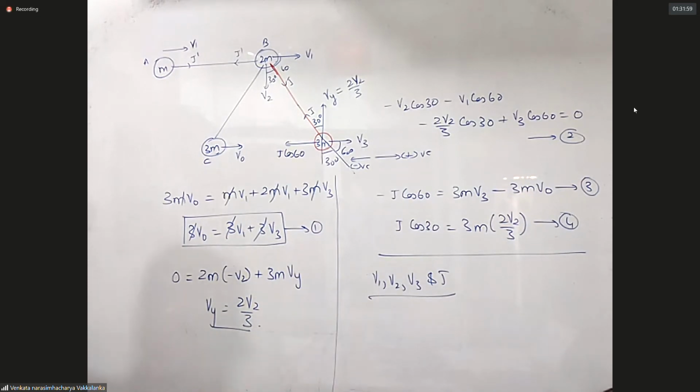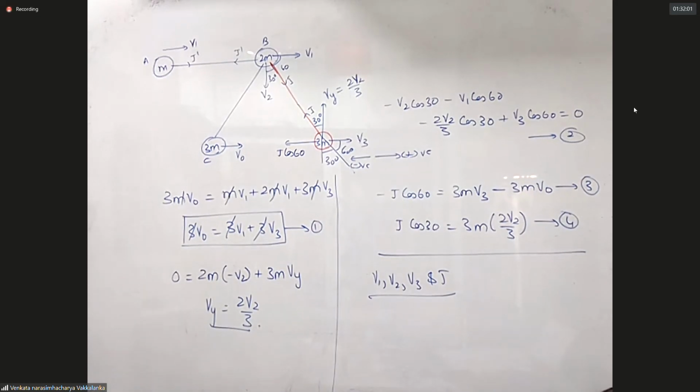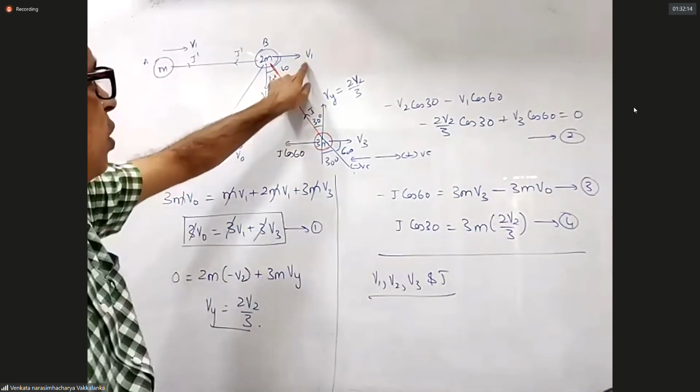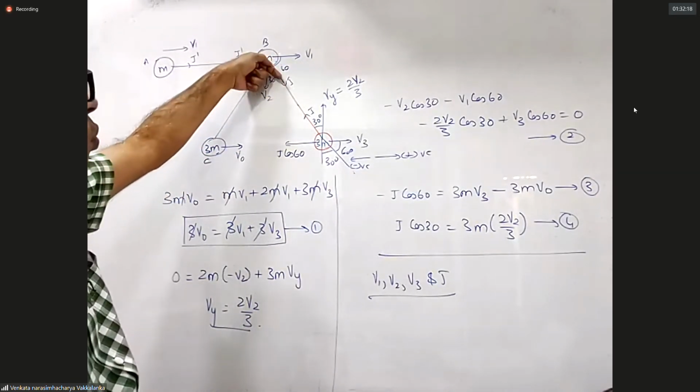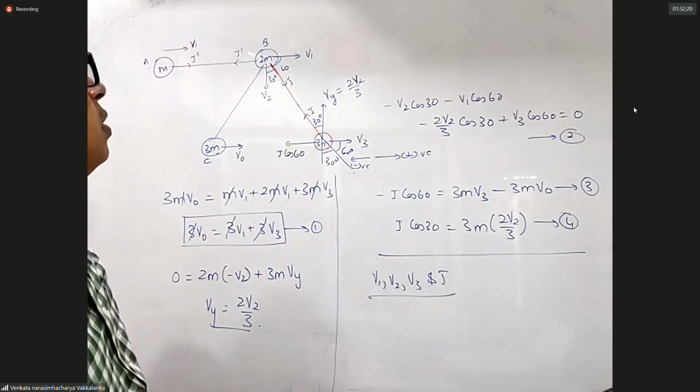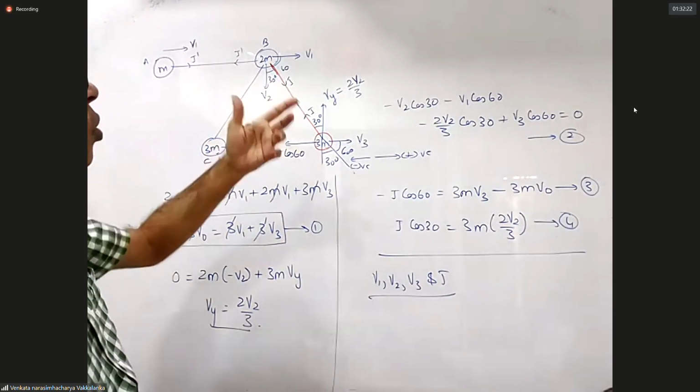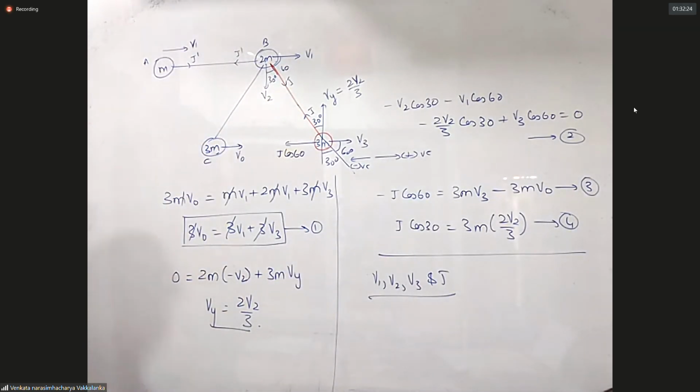At the impulse, ball B will have only velocity along x, like horizontal, or both the directions? Why, sir? This J will have a horizontal and vertical component, so I'll have V1 and V2. J has both of those. Why should I neglect this J cos 30? Okay, sir.